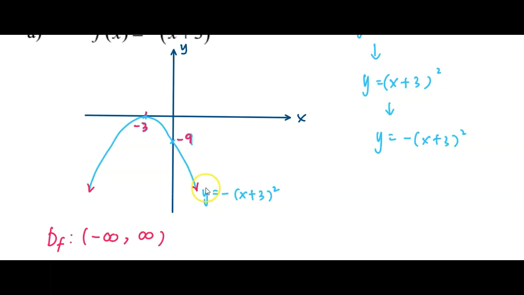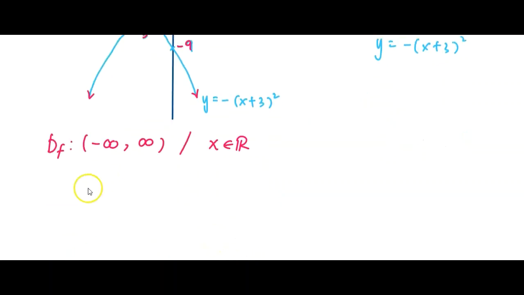Because the arrow shows that it's going to the right non-stop. Okay, or you may write your domain in the set form. This is the one: x is all the real numbers. To determine the range, I will find the